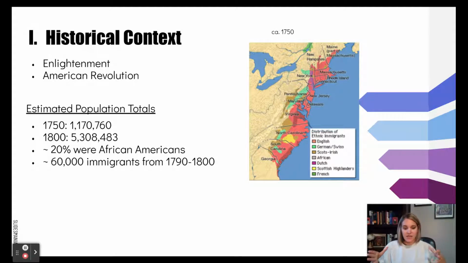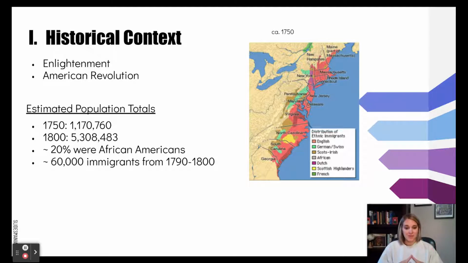So to set the stage, this time period, 1754 to 1800, there's just a massive amount of change that is happening in this unit. And so we want to remain focused here on the Enlightenment and the American Revolution as we explain the historical context. So the Enlightenment, you were first introduced to it in Unit 2, but it's also been a large part of the curriculum in Unit 3, as it has provided the foundational basis, the philosophical foundation for the revolution. So as people began to emphasize reason and the ideas of John Locke, like natural rights, those really inspired many Americans to push for the American Revolution.